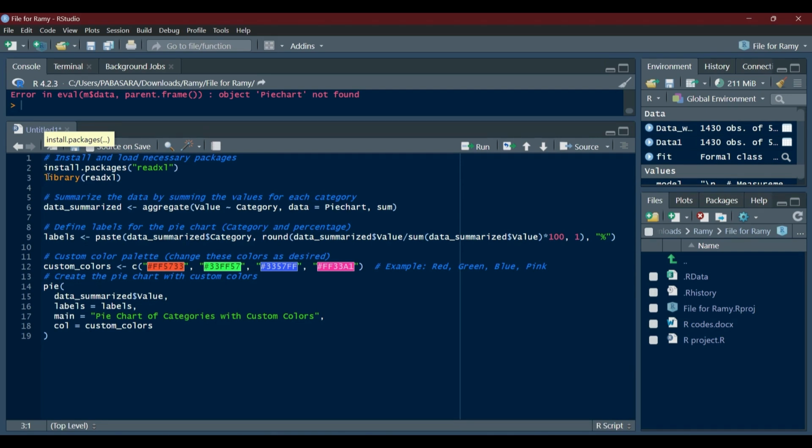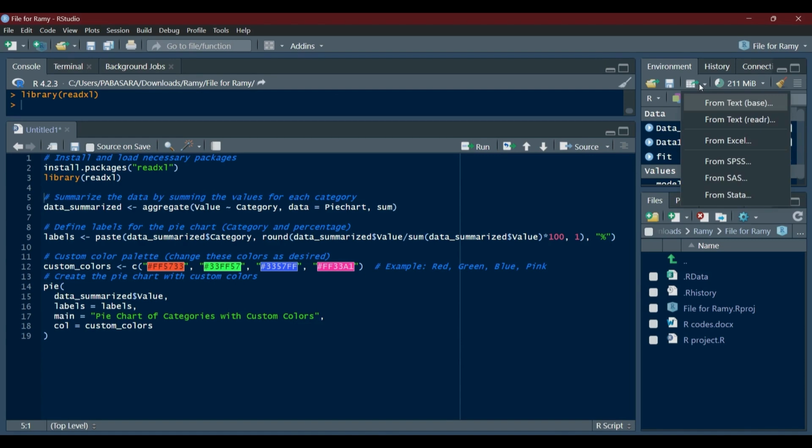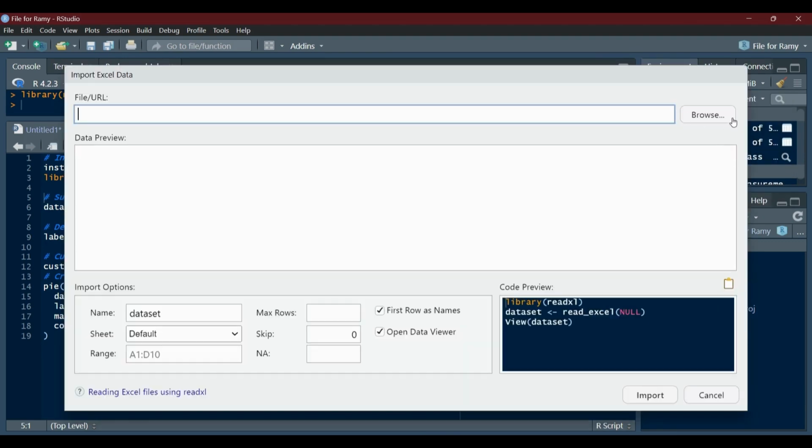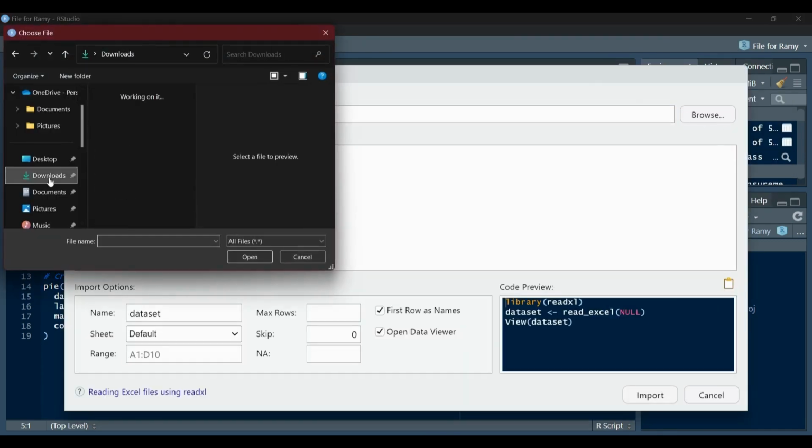So let's load the readxl package. Type library, open brackets, then readxl and run. So next step is to import our data. Go to environment here and click this icon and click From Excel and click browse. Then select our data